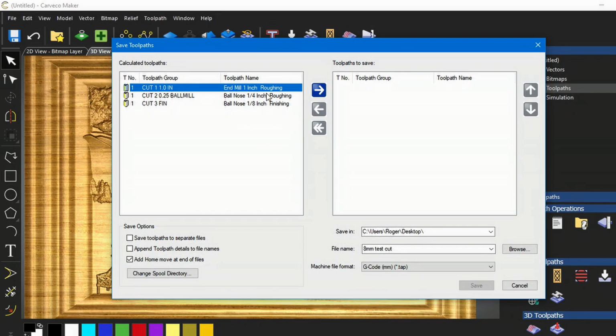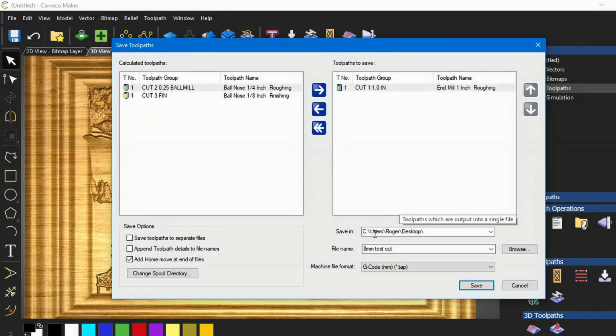So we're going to start by saving this one, and this is a 1 inch, so I'm going to just say cut 1,